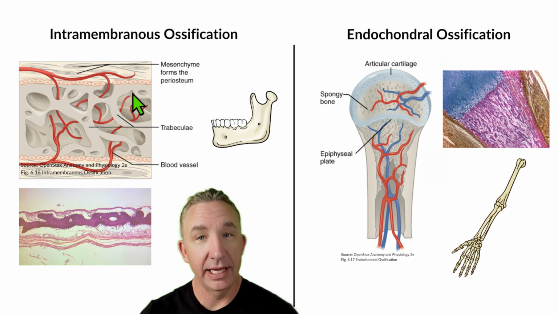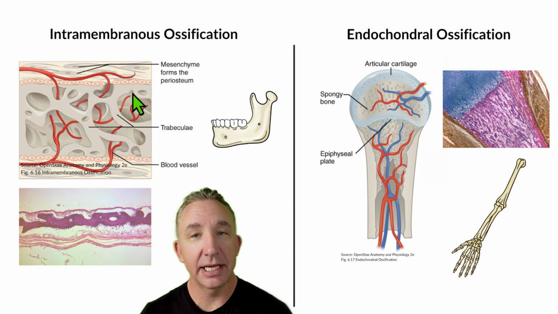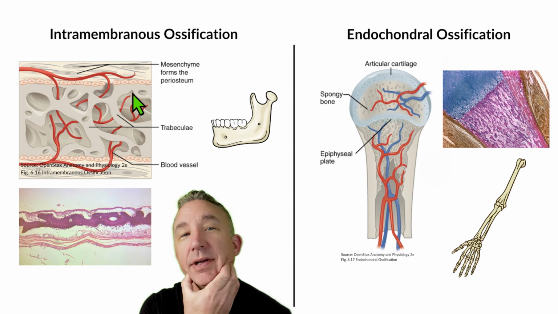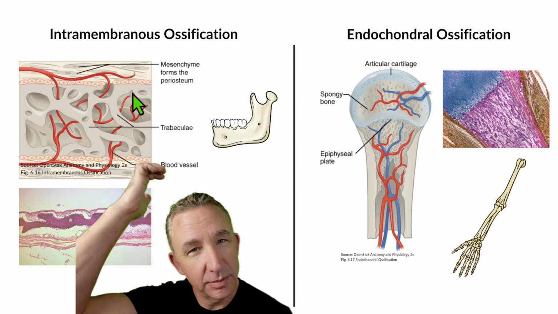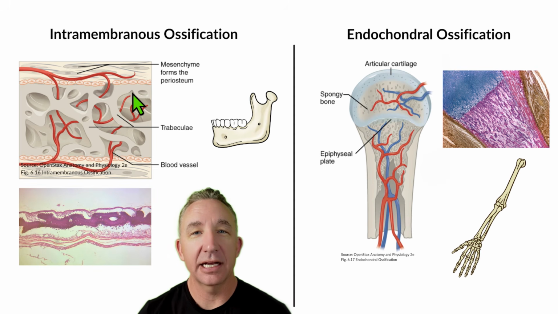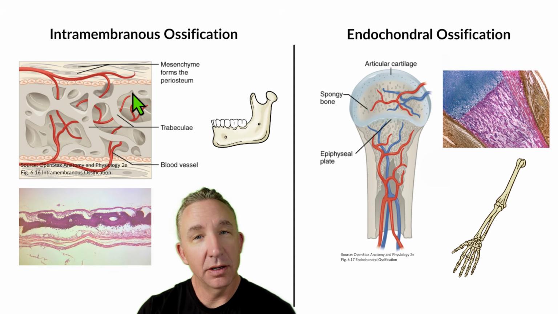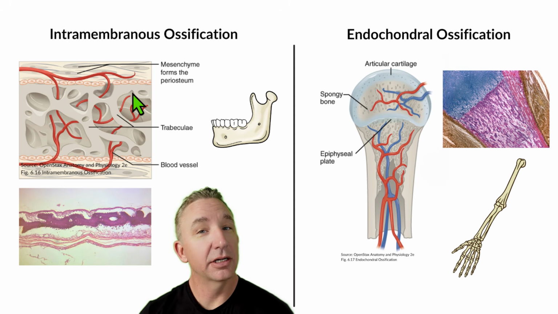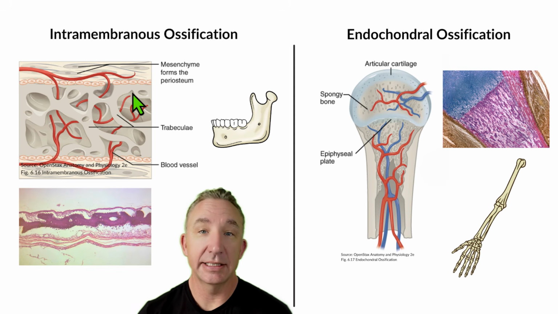Intramembranous is referring to within a membrane, and we refer to this for dermal bones. We say dermal, like closer to the skin. So when I think about intramembranous, it's bones that I can feel. I can feel my mandible, my frontal bone, my parietal bone. Those are bones that I can actually touch and feel. My clavicle, right at the skin, dermal bones. And we call it intramembranous ossification, within membranes, and we'll talk about those membranes, but it's referring to these types of dermal bones, more of a simpler process of bone development, versus endochondral, which is within cartilage, and specifically it's hyaline cartilage